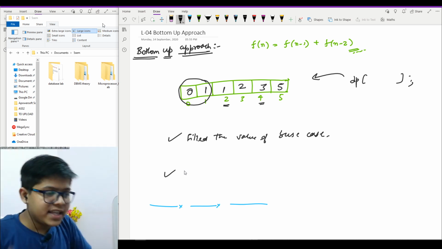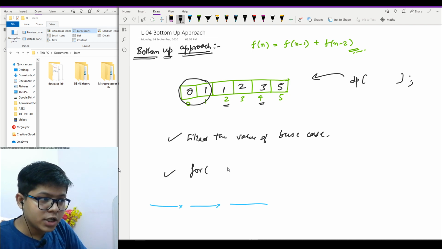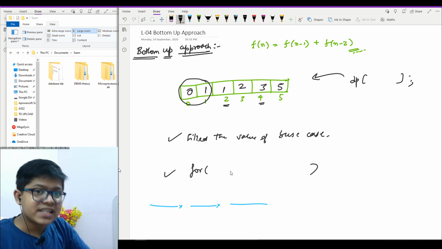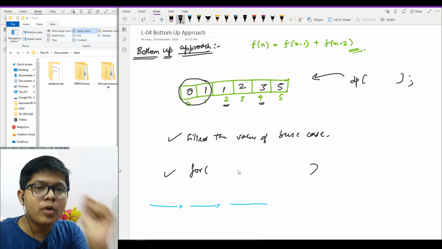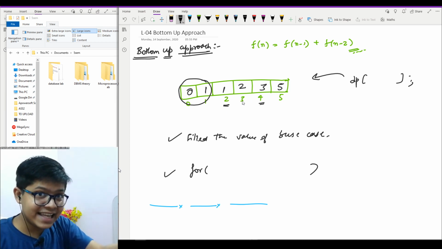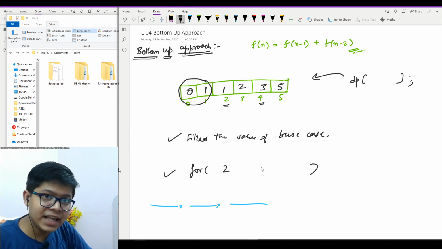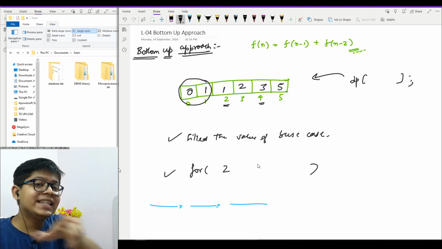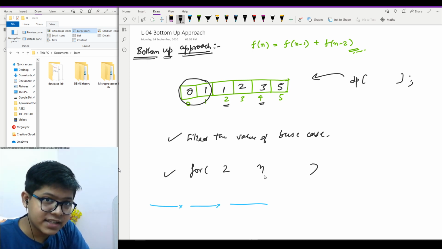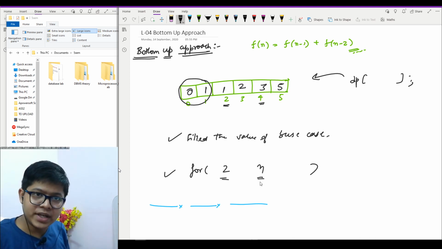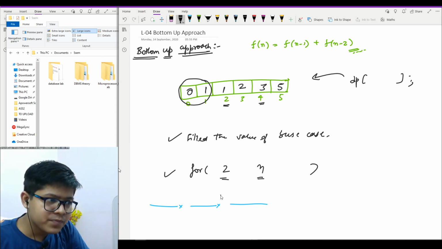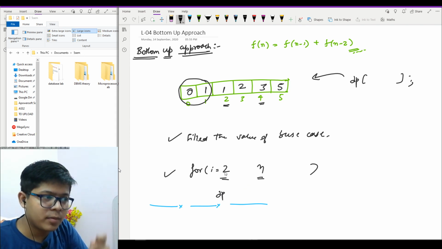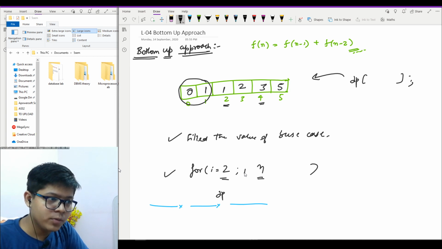Now the next thing would be to loop through the values starting from the minimum possible value. In this case it is 2, up till the value for which you need the answer, which is n. So I will loop from i equal to 2 to i less than or equal to n, i plus plus.